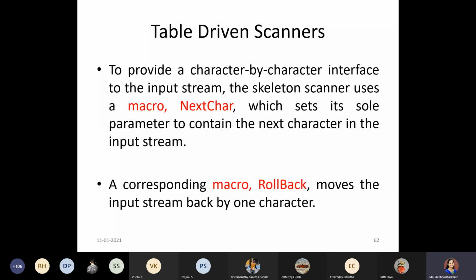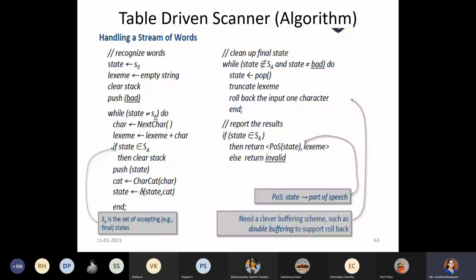So here we will be just a gist of the program. I'll just tell the gist of it, and we will take up an example and map this algorithm to the example. So in the table driven algorithm, first we will be taking up the initialization portion.